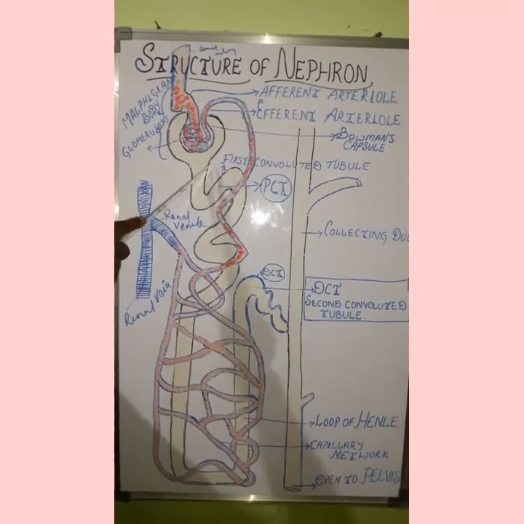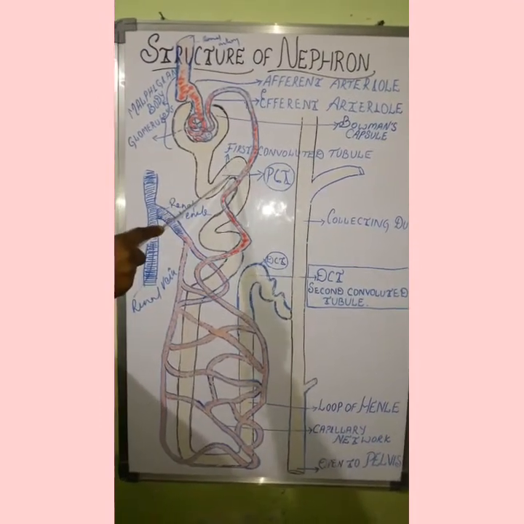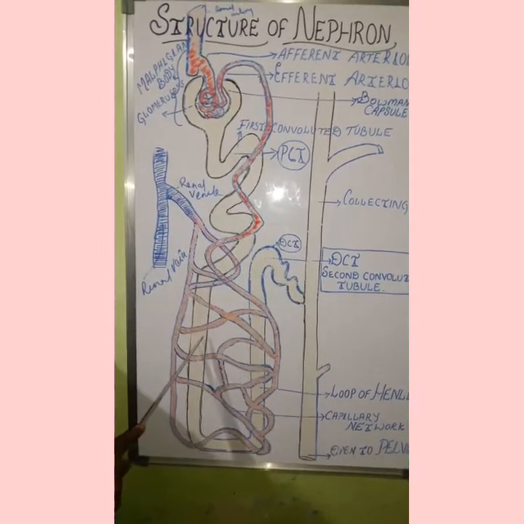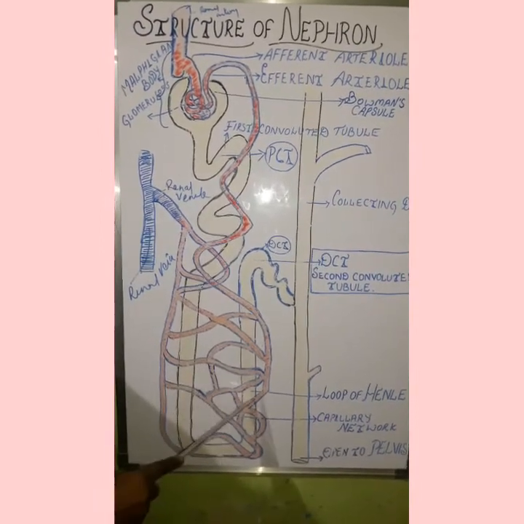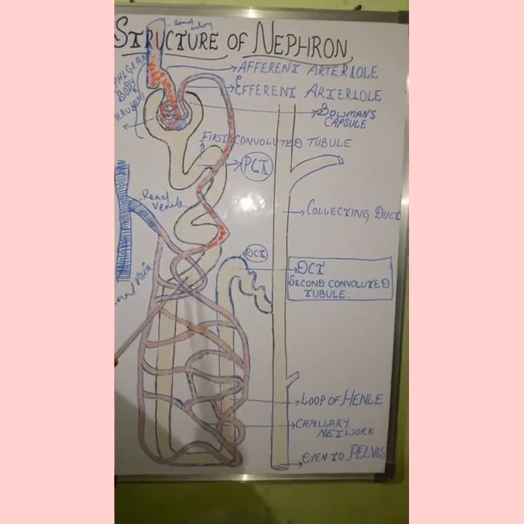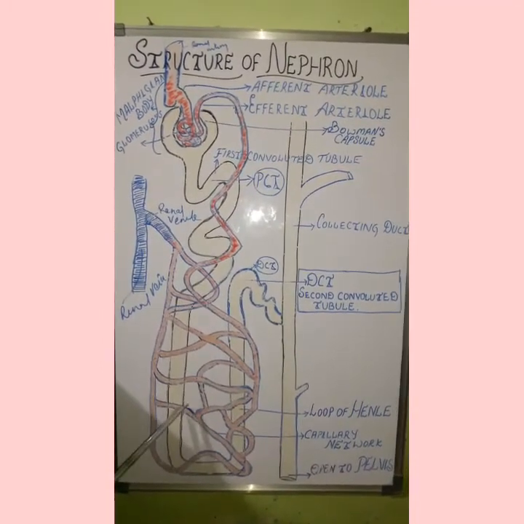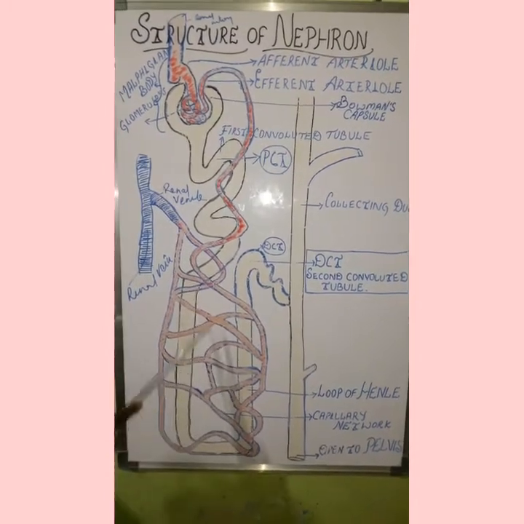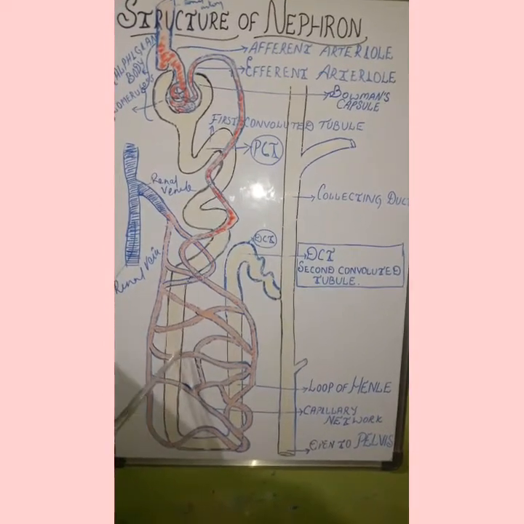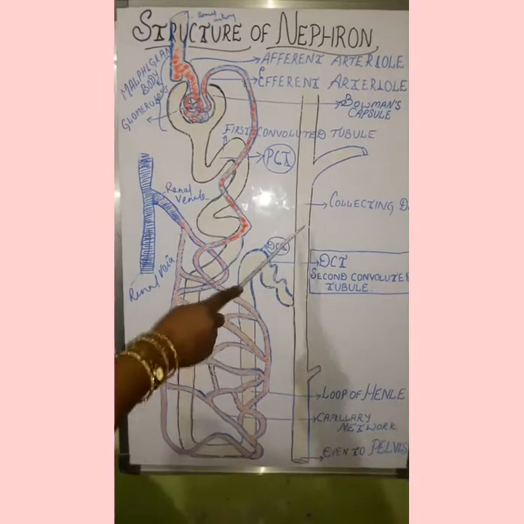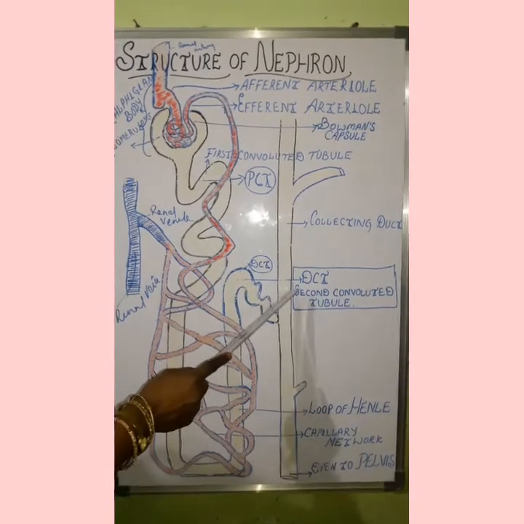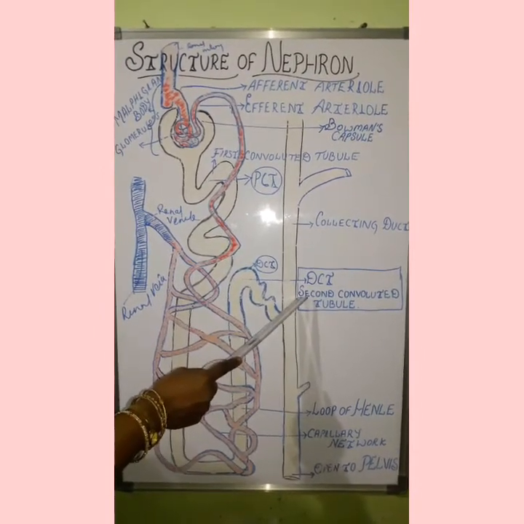75% of the water of the nephric filtrate is reabsorbed in the PCT region and only 10% of the water passes out of the filtrate through osmosis in the area of the Henle's loop. Here the concentration of the urine takes place in the area of the collecting tubules, by means of a hormone called vasopressin.